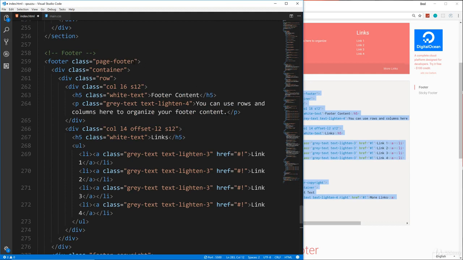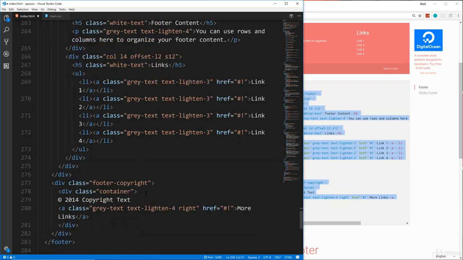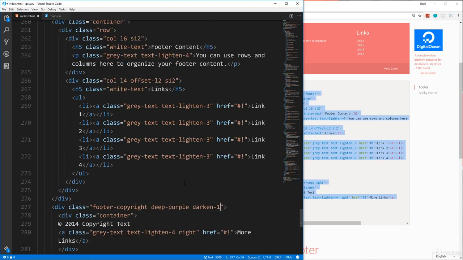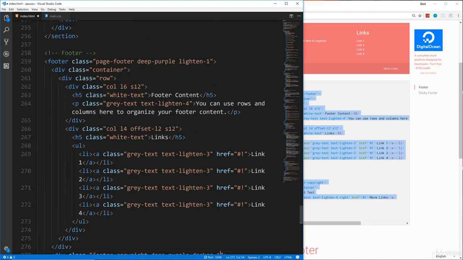and then we're going to change up a couple things. So for the actual footer tag, I'm going to add deep purple as the color, and then we'll say lighten-1. And then this part down here where it says footer-copyright, we're going to use deep purple and we're going to use darken-1. Okay, and then we'll change this H5 to About Us,